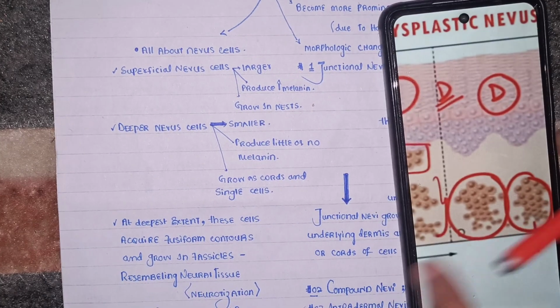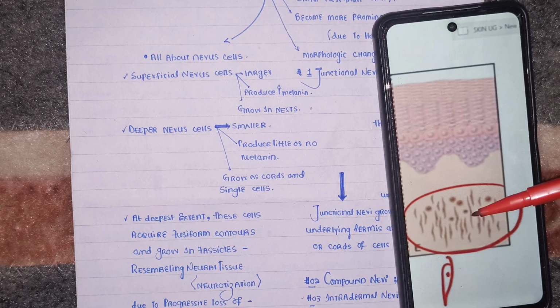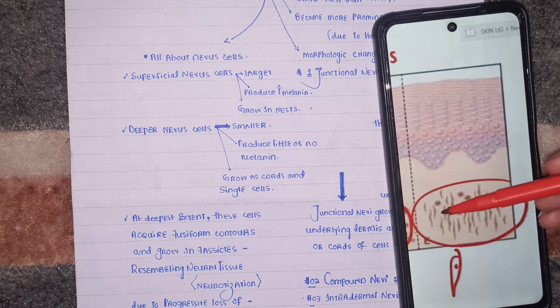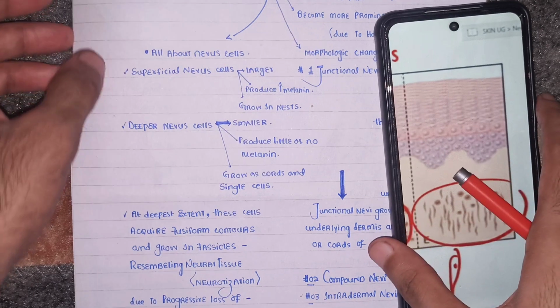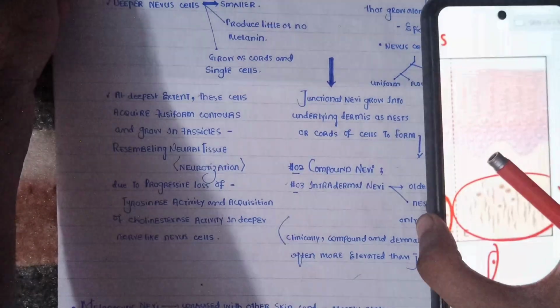And at the deepest extent, these cells acquire a fusiform contour. They have lost their circular round shape. They have now acquired a fusiform contour and they are growing in vesicles and resembling neural tissue. Therefore, this conversion of these round cells into this vesicle-type shape is called neurotization. And why is this happening? This is due to